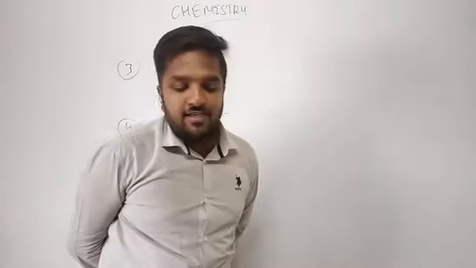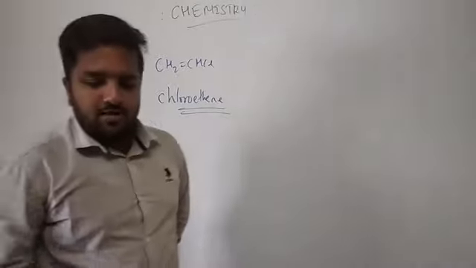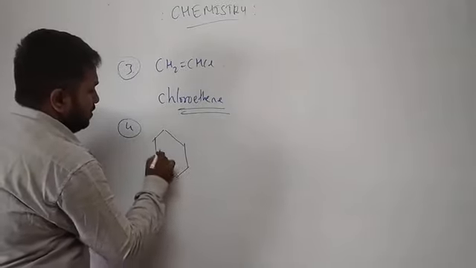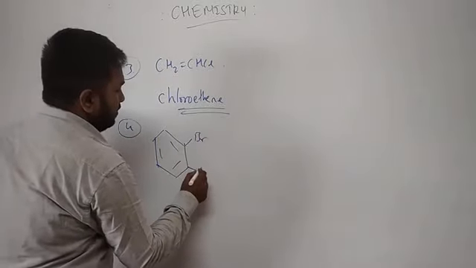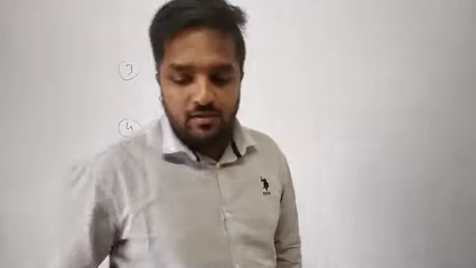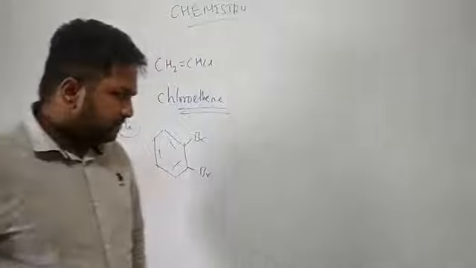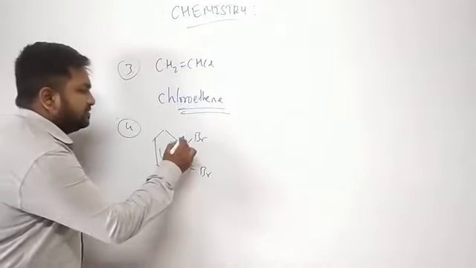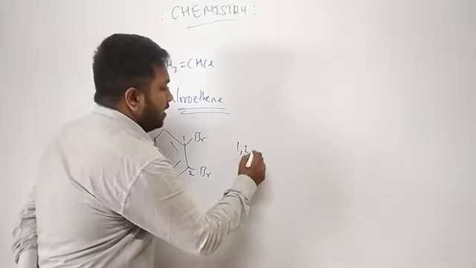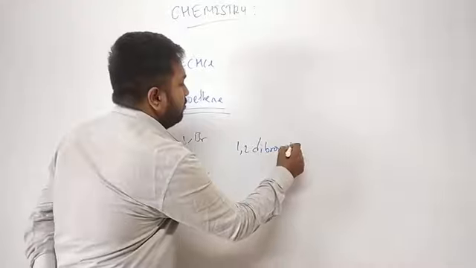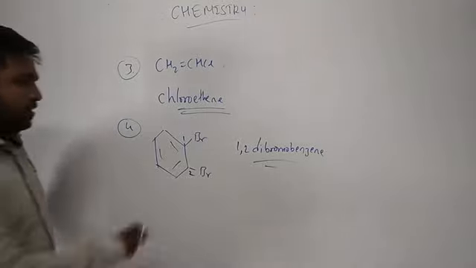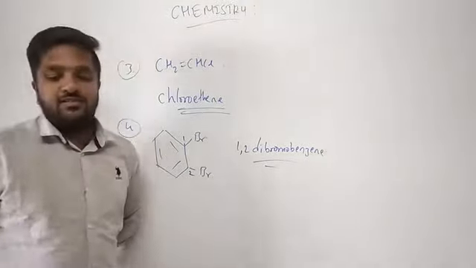And then let's take some aromatic compounds. Okay. So we have a benzene ring where 2 bromine groups are attached. So now let's name this: this is first carbon and second carbon. So the IUPAC name will be 1,2-dibromobenzene. Clear? The position of the carbon atom. 1,2-dibromobenzene is the IUPAC name for this.